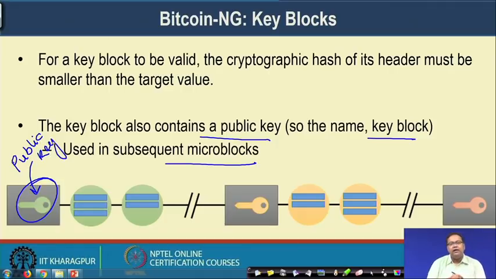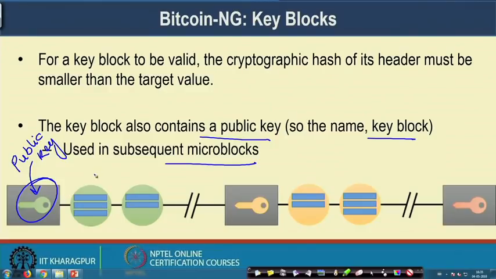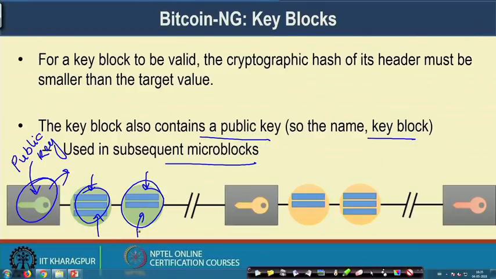of the miner which was able to solve the challenge based on the proof of work mining procedure, and this public key is used in the subsequent micro blocks to validate that these micro blocks have been generated by this particular miner. So, that way you will be able to validate that all these micro blocks are actually generated by this particular miner which has the public key in this block, and these micro blocks contain all the transactions,